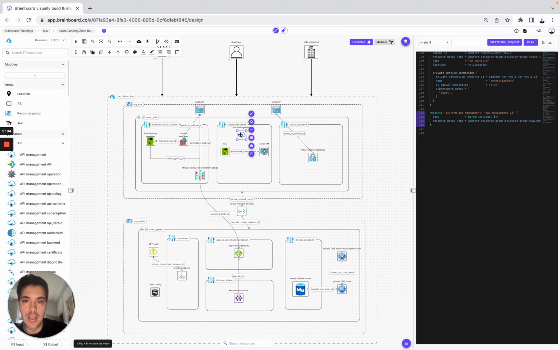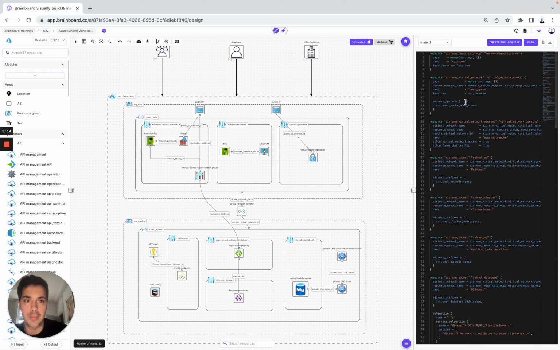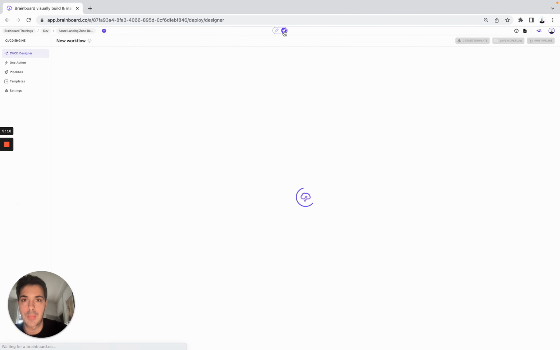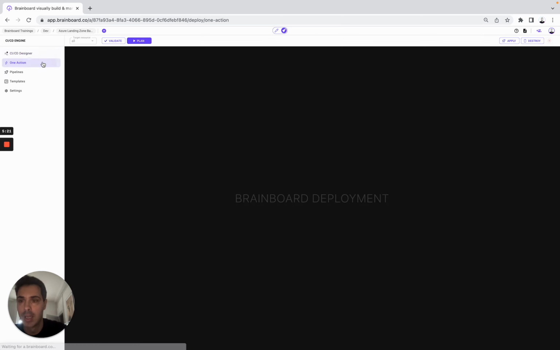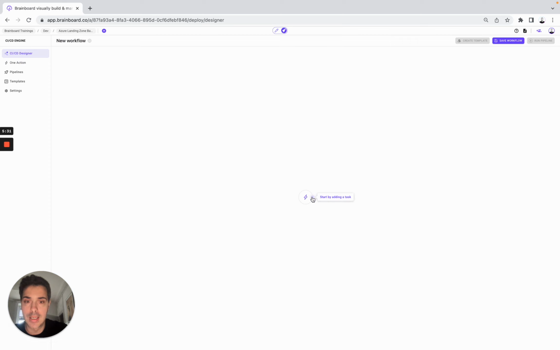So here, the golden rule of Brainboard is that everything that you do on the design will be automatically reflected on your Terraform code. So now what we can do, once we have looked at the design and the Terraform code and all of these files, is go to the deployment tab, and here you have two options. Either you want to do one action, meaning Terraform validate, plan, apply, or destroy, meaning Terraform commands, or you can go to the CI/CD designer, and here you can use all of